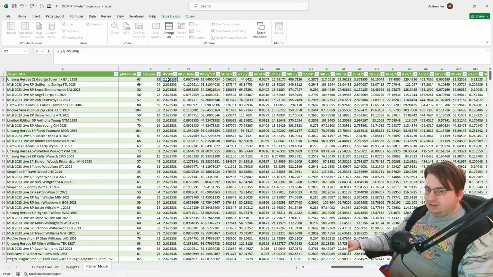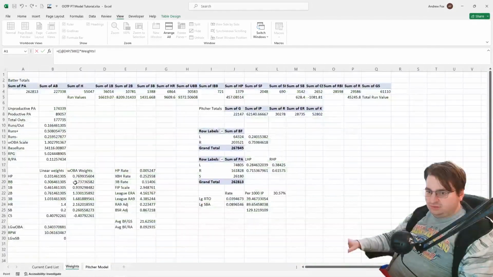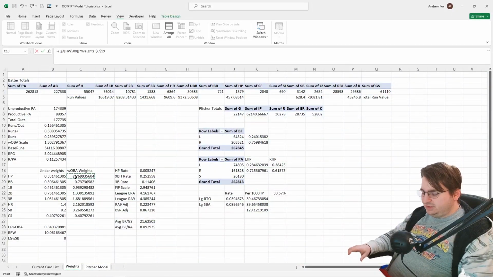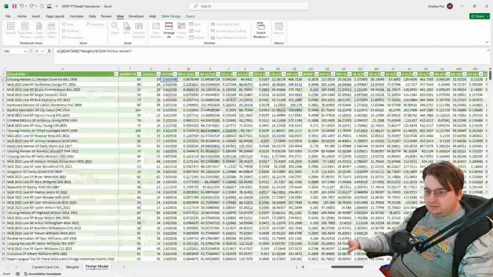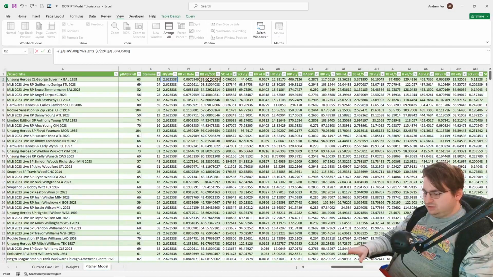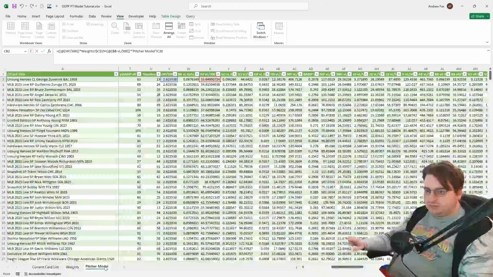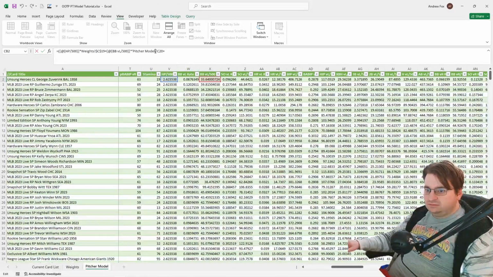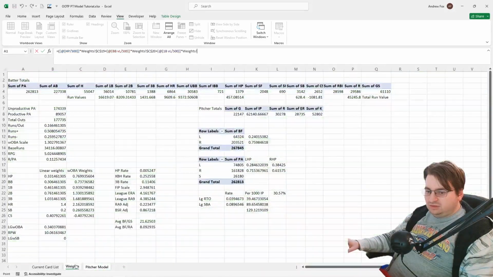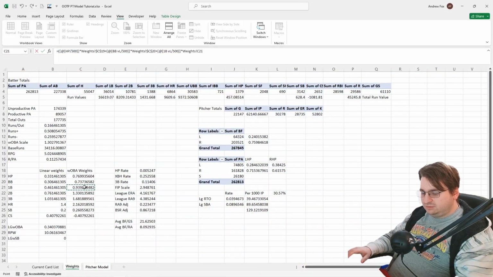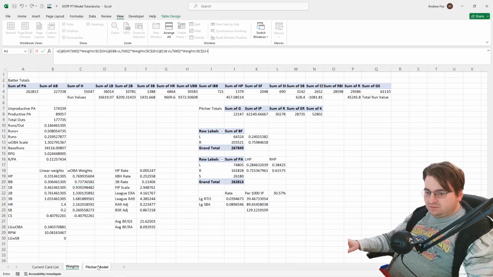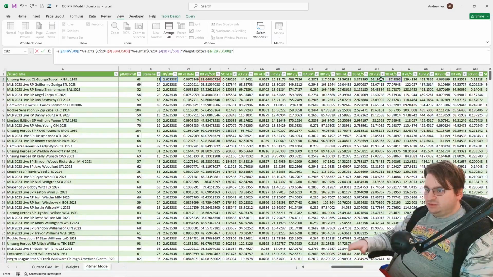That is hit by pitch times hit by pitch weight, absolute reference, plus walks times walk weight, absolute reference, plus singles times single weight, absolute reference, plus doubles times